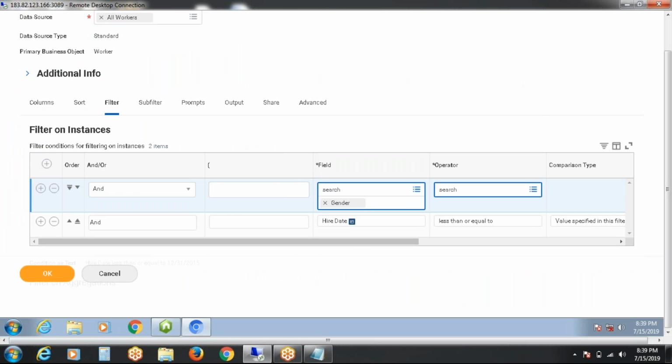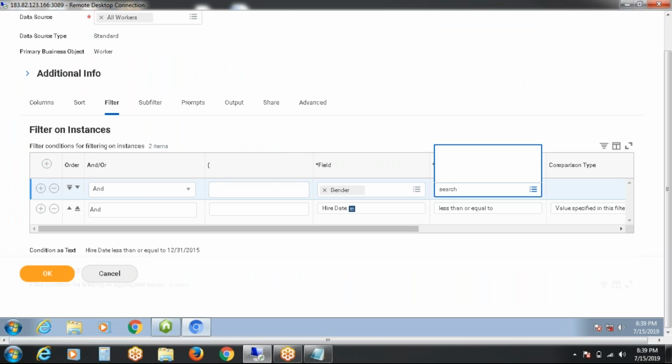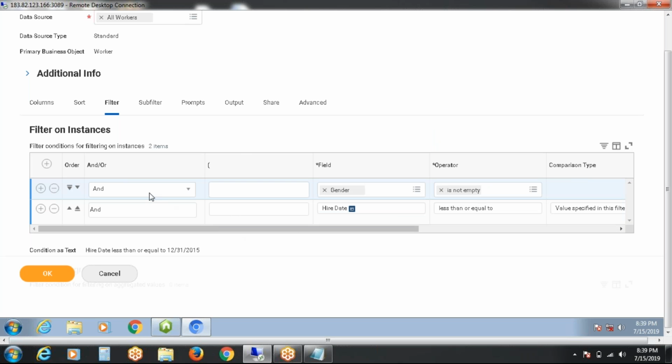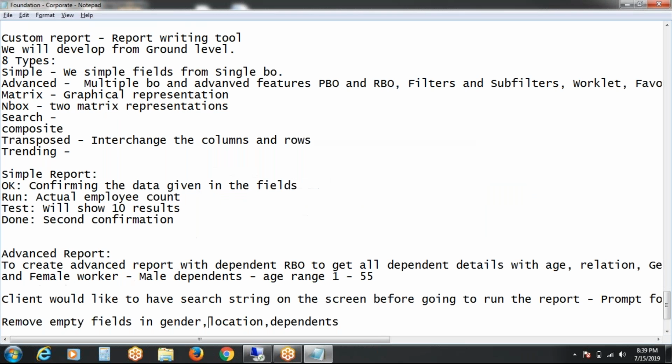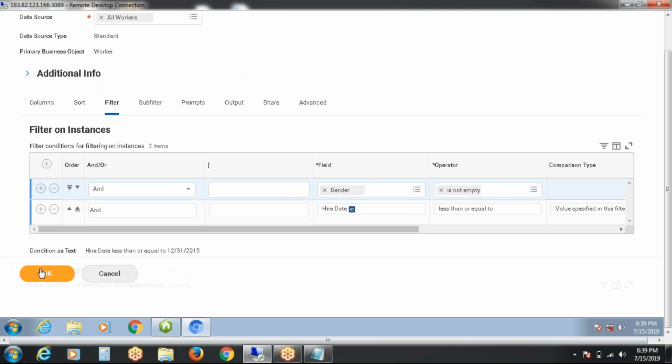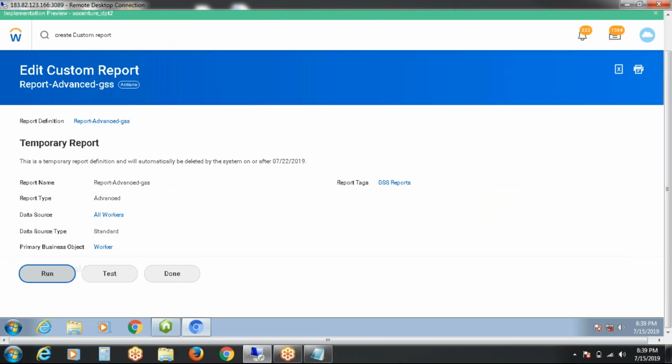Gender should not be empty. Okay, so no value here. We'll see how the results will come. We have given that gender is not empty, right? So just say okay and run the report accordingly.